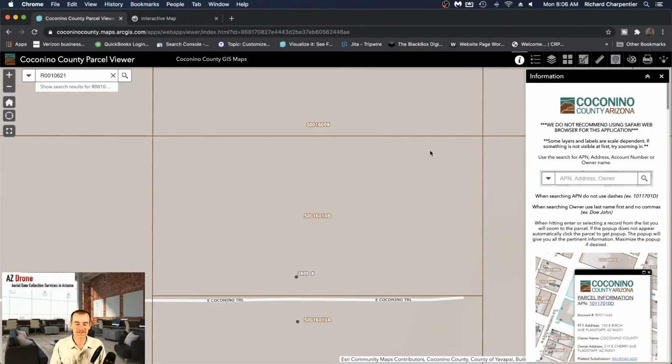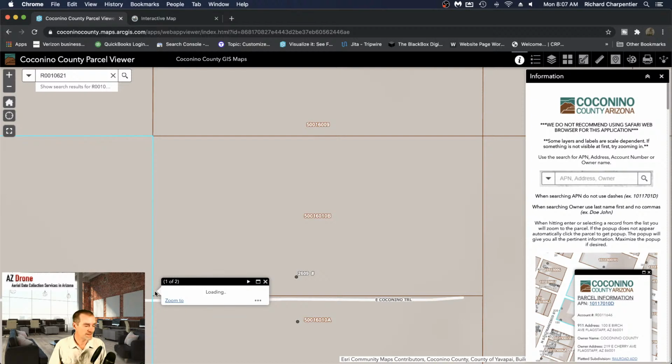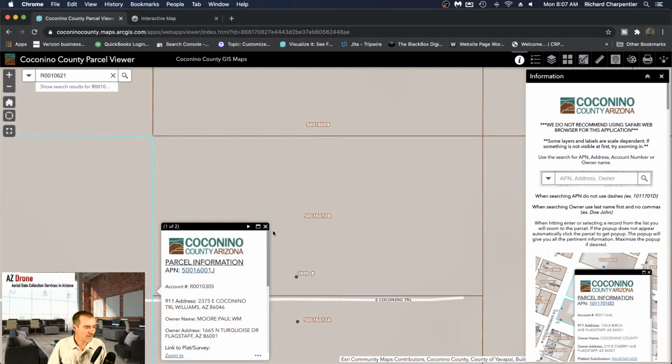So in the case of Ground Station Pro, I know that I would like to fly this particular rectangle. It's a very boring block, but this is where I would like to be doing my flight. So what do I do? How do I figure this out? How do I get the information so that I can pop that into Ground Station Pro, maybe for a two-dimensional model, maybe for plotting out some still photo waypoints? So what I can do on this particular tax map is if I just click somewhere, when I click into that,